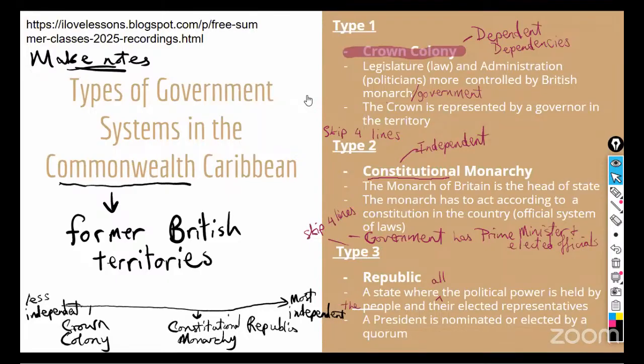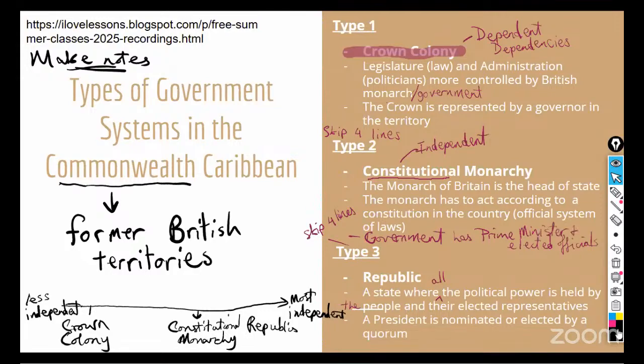So while you all finish this note, I'm just going to check through the chat. All right, so some people are asking about executive, legislature, legislative, and judiciary. That is when we look at how the republic is organized, how the constitutional monarchy is organized. So we get into that a few slides down, right? I will show you a diagram with heads of states coming up,